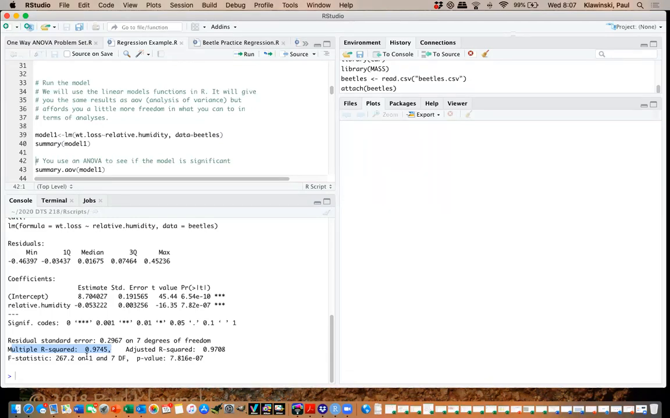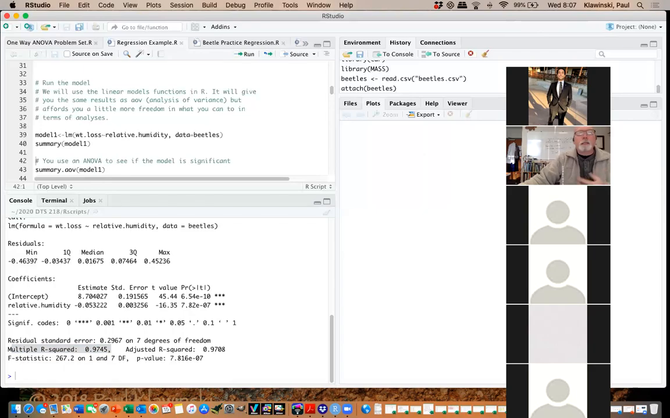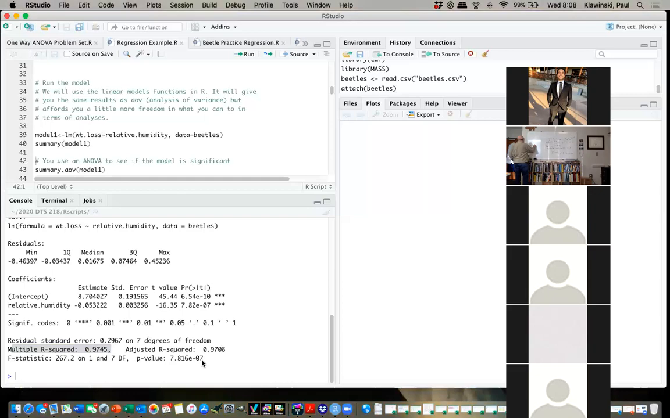This whole thing gets tested with an F-test from an ANOVA table, which we've already been through how that gets calculated. And it gives us a p-value of 7.816 times 10 to the minus 7. So the p-value for this regression, 7.816, that's a very low p-value. That is a significant